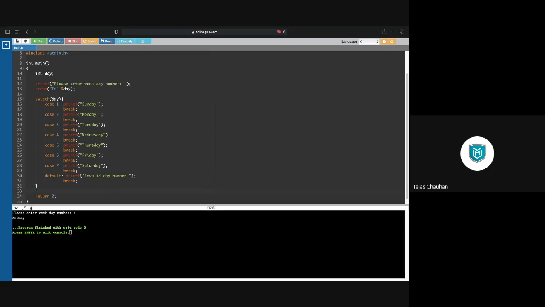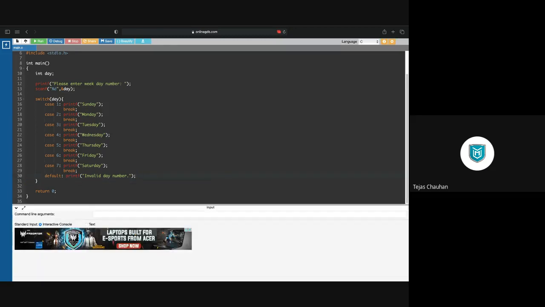But as long as default is going to be the last case in my switch case, why should I separately write a break statement when it is not needed? Fine. So that's why it was not written. And let me tell you, default must be at the end of your switch case. Do not write default somewhere in between. If you write the default case in the middle and say, sir, let me also put a break with it,